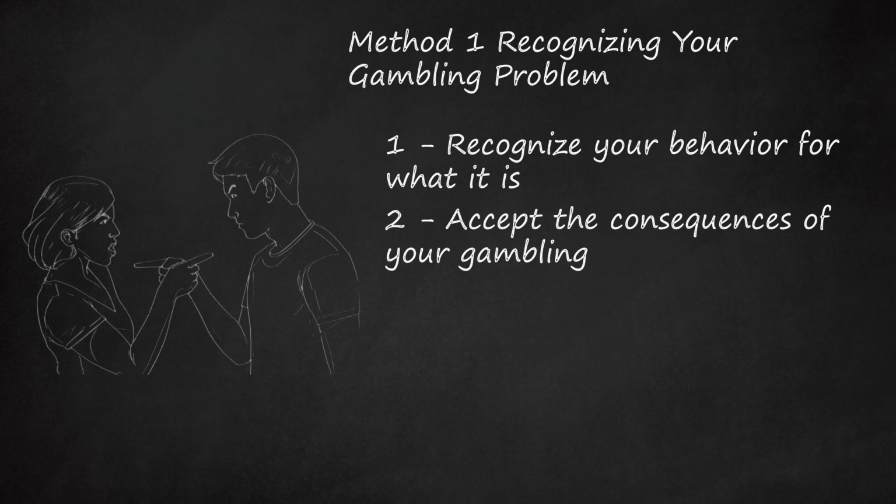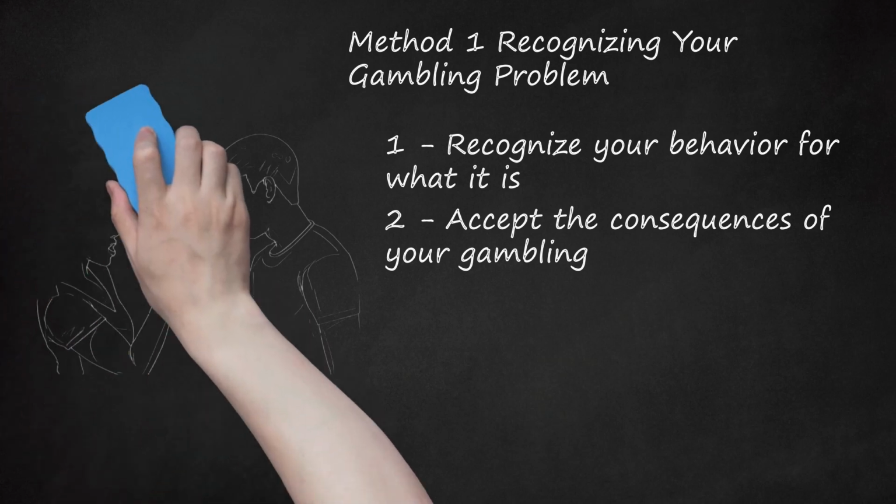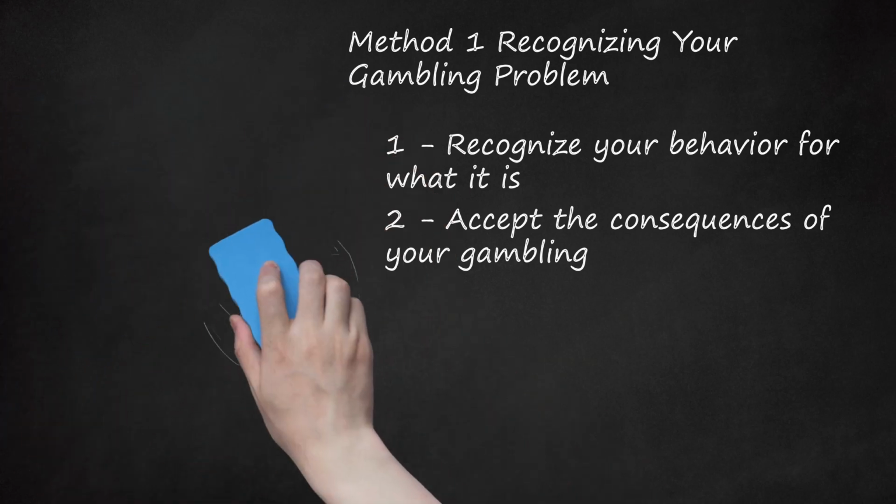Do you lose time from work to gamble? Do you extend yourself beyond your means by gambling away money that you have set aside to pay your rent, mortgage, or other bills? Do you use credit cards to gamble? Are you secretive about where the money's gone to after you've gambled? Make a list of all of the consequences you have encountered due to your gambling. Also, identify people you have hurt as a result of your gambling, such as family and friends.